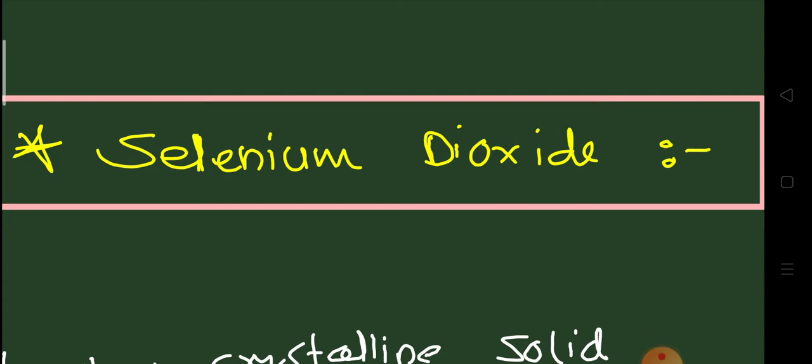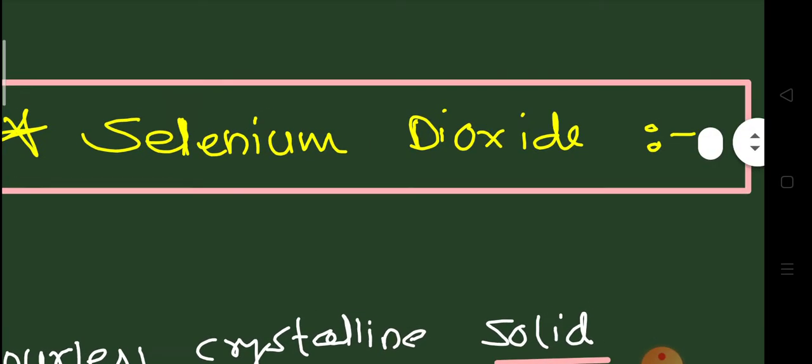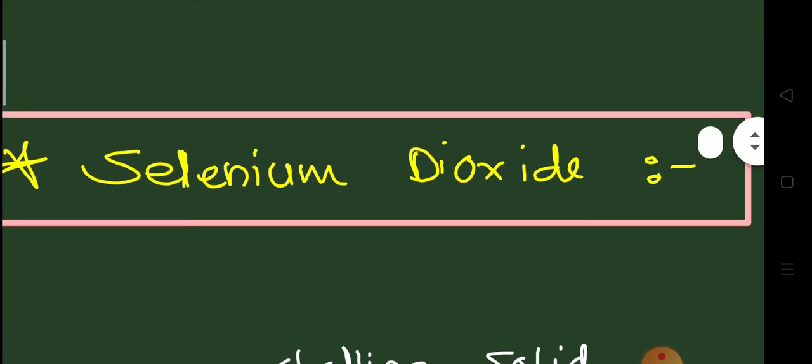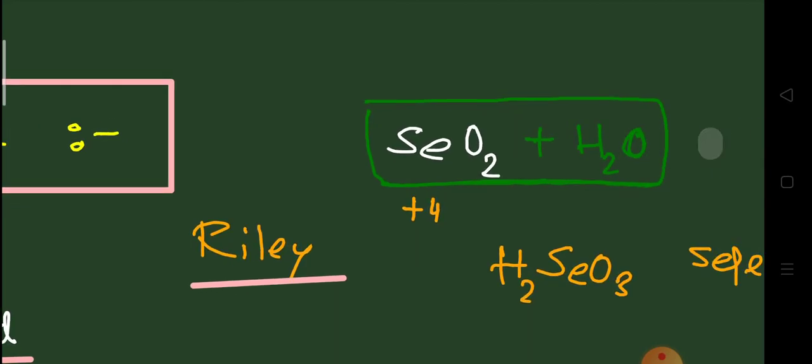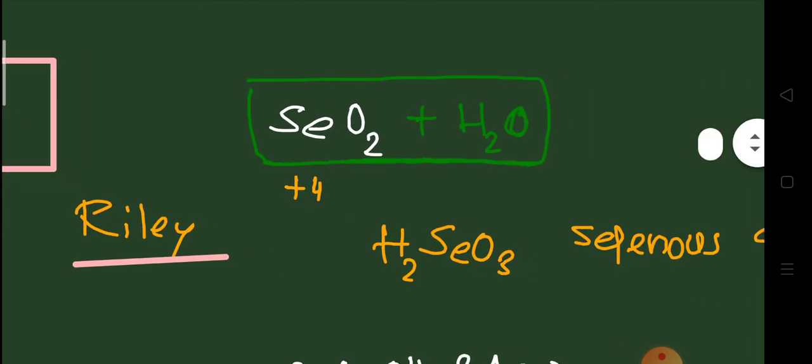After DDQ, another reagent that is applicable for oxidation of active methyl function is selenium dioxide, and the formula is SeO2. So, this is an SeO2 reagent. It is an oxidizing agent, particularly in the +4 oxidation state. In the presence of some drops of water, that reagent will be called selenous acid.